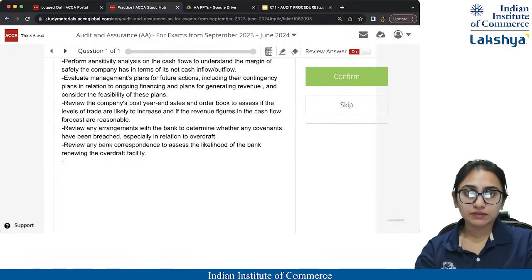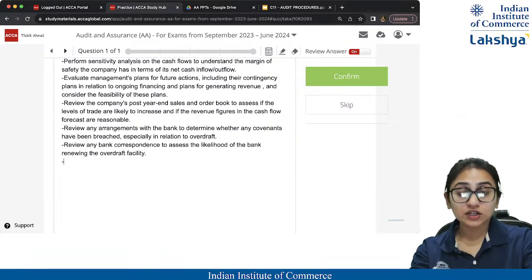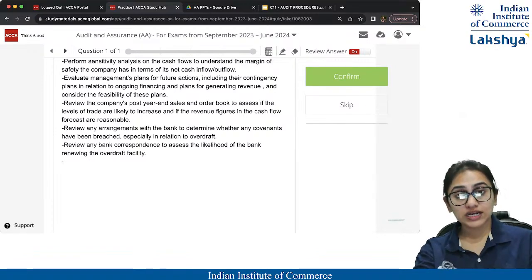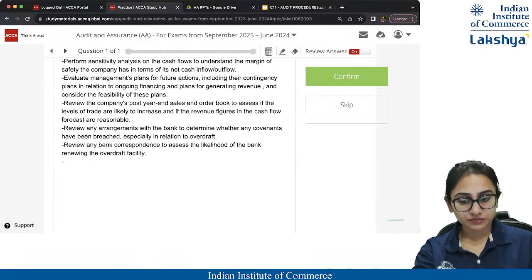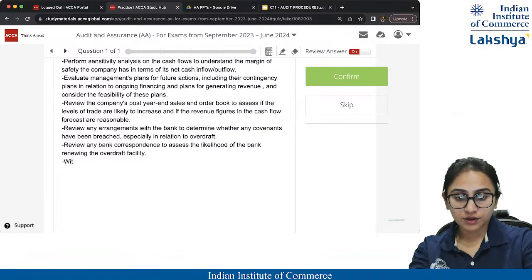They have to pay that money, and if they don't have that money, they have to close down the business. So this is one more going concern issue, and you can obtain information from the company's lawyers. Okay, but you cannot contact the lawyers directly. If you want to contact the lawyers, you have to contact them with the permission of Jasmine. So with the client's permission,